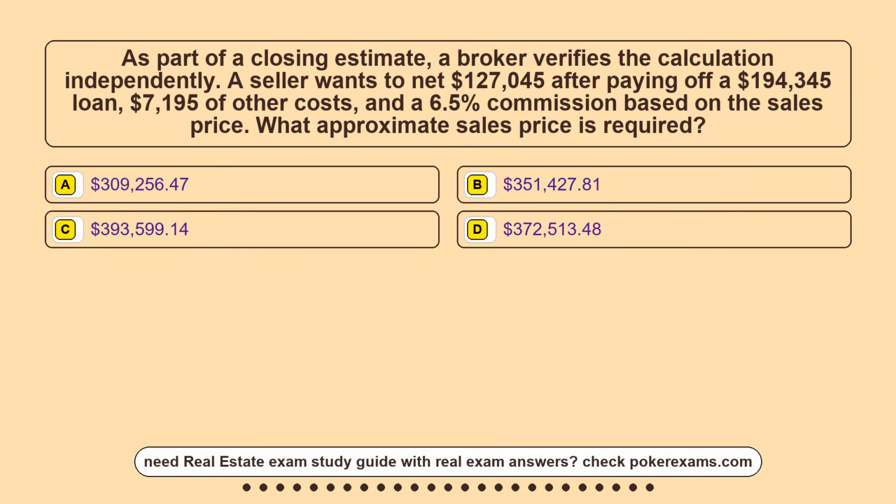Option A, $309,256.47. Option B, $351,427.81. Option C, $393,599.14. Option D, $372,513.48. The correct answer is option B,